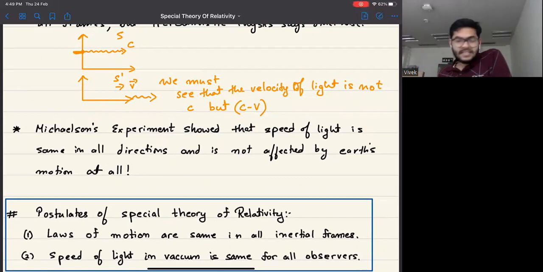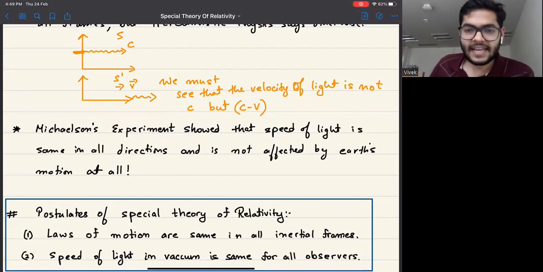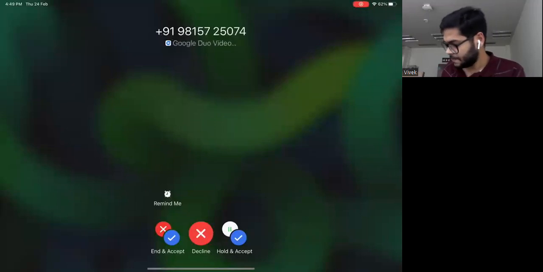So in the late 19th century, if I am not wrong, there was an experiment conducted by Michelson and Morley, and that experiment actually showed,